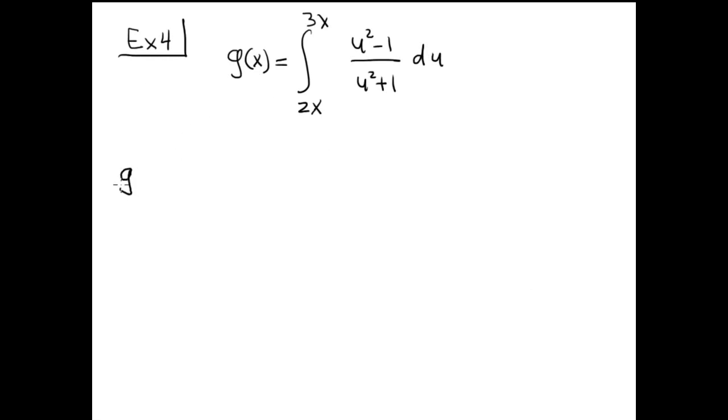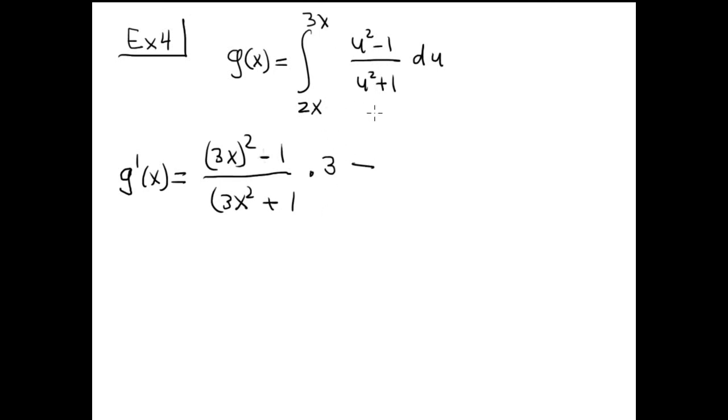Okay, it's the same problem. You need to find g prime. Okay, remember the derivative and the antiderivative cancel, so you have the function, but evaluating the upper, which is 3x squared plus 1 over 3x squared plus 1. This is minus, here is minus. Look, minus, minus. Multiplication by the derivative is just 3. Minus. Now exactly the same is 2x squared minus 1 divided by 2x squared plus 1. Multiplication by the derivative is just 2. Okay, so the final answer is